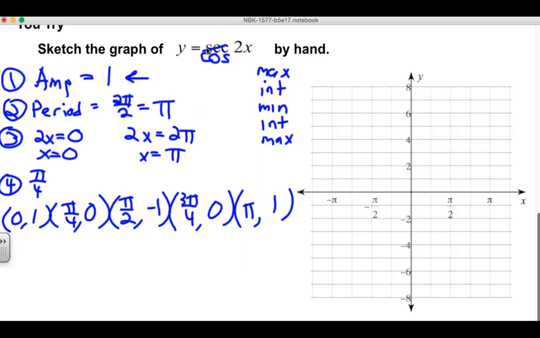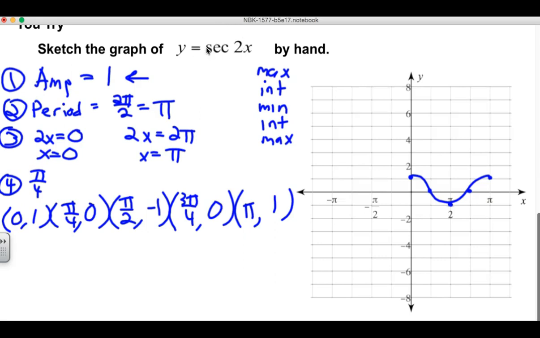So let's graph those. 0, 1 puts a point there. Pi over 4 and 0 puts a point there. Pi over 2, -1 puts a point here. And then 3 pi over 4, and then finally pi. So this is what our graph would look like for the cosine. And now to change it to secant,